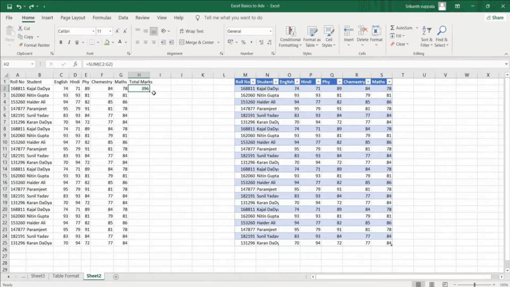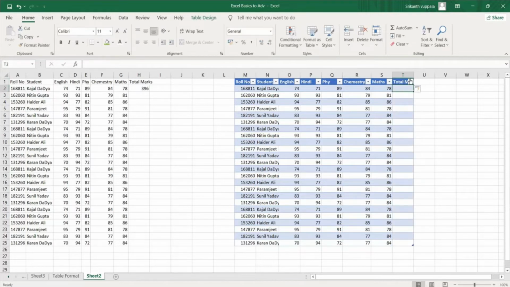If someone doesn't know this kind of shortcut, that individual has to select all the cells till the bottom and click Ctrl D. Since we have only 25 lines, that is very easy for me. Imagine if you have thousands and thousands of data and you want to select all the cells and hit Ctrl D, that is a painful work, right? So let us see how this will function in the table format.